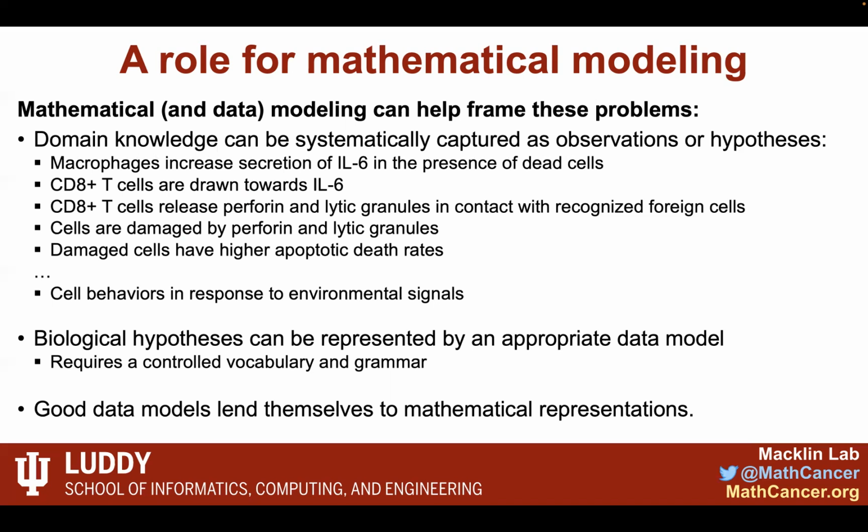into a mathematical representation to help systemize that knowledge and to say, now we can start getting at the thought experiments, if you will, the computational thought experiments, to say, we have these rules and we've known them for a long time, perhaps, or at least we think we do, but they're often contradictory. And we don't know how the body balances contradictory signals. And this is the role that mathematical modeling can play, is to start balancing these competing hypotheses